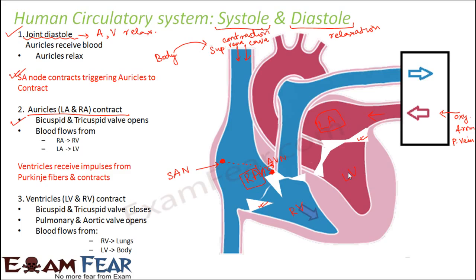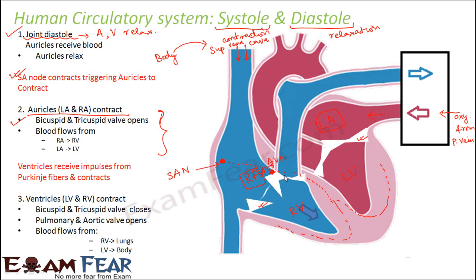Right? Now, as the blood flows into the ventricles, at the same time, the SAN, which had generated the action potential or the electrical impulse, now that also starts to get conducted. So, from the AVN node, it reaches the AV bundles, and from AV bundles it actually reaches the bundle of His, something in this fashion. So the electrical impulse also gets conducted gradually, right? So now the second step, that is flow of blood from auricle to ventricle, that happens because of two